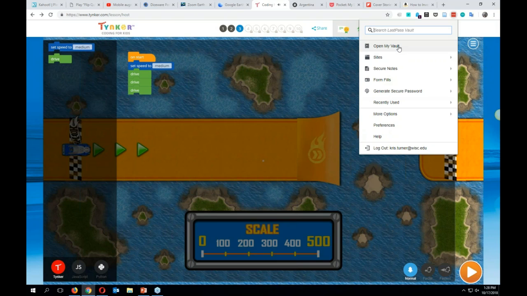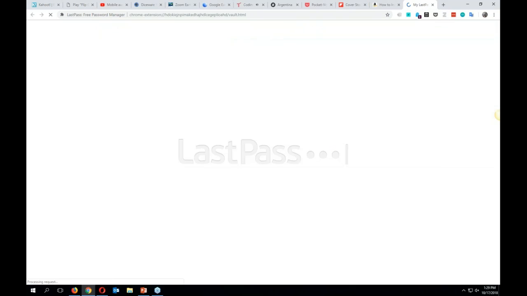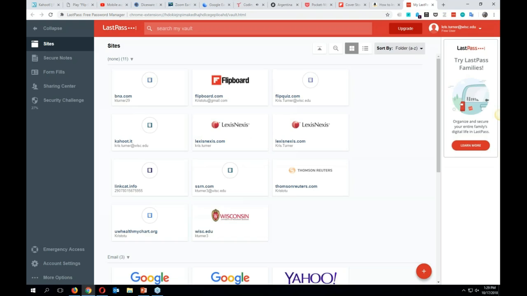LastPass is a browser tool that is also an app that can go on your phone or your tablet, where you can save all your passwords in one secure place. So you would have one master password that would get you into LastPass, and then once you're in LastPass, it saves everything else for you, so you don't have to remember all these passwords, and you can make them all extremely complicated and difficult to break. So you have only one password to remember, and with that, I'd be able to access all these other sites that I have saved in LastPass.